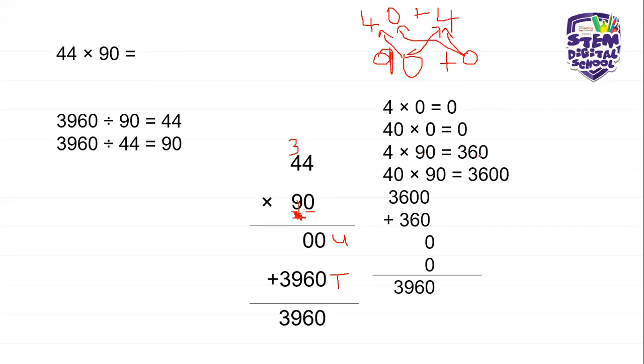If you're afraid of doing it, you can say 4 times 9 is 36 and then just put a 0 because you're multiplying with a number that has a 0. Then you say 40 times 90 is 3,600. Or you can say 4 times 9 is 36 and then just put the 2 zeros, which is 3,600. Then you add 3,600 plus 360 gives me 3,960. Then we're done. So you've got 2 methods to work this out.